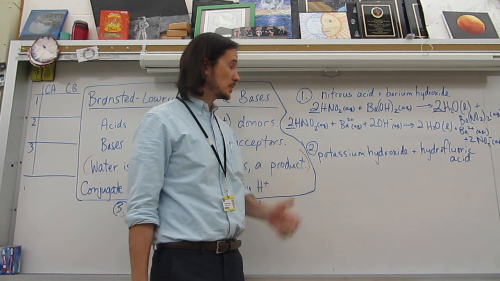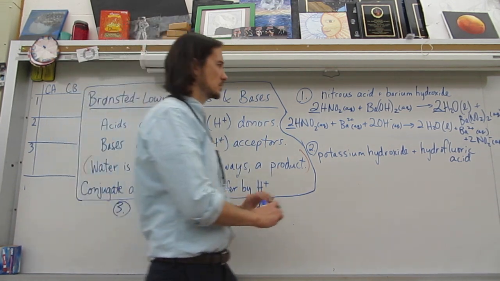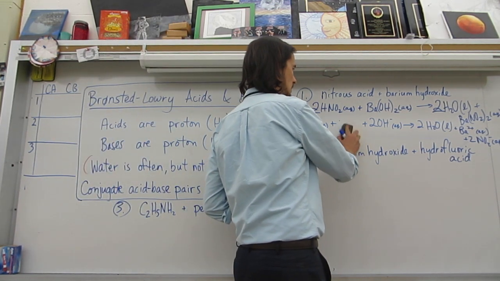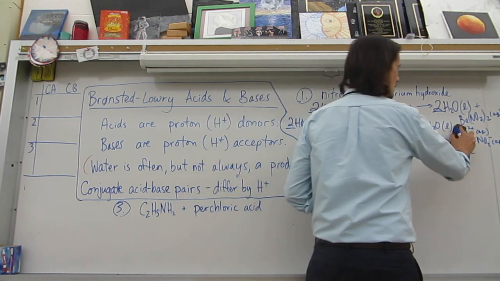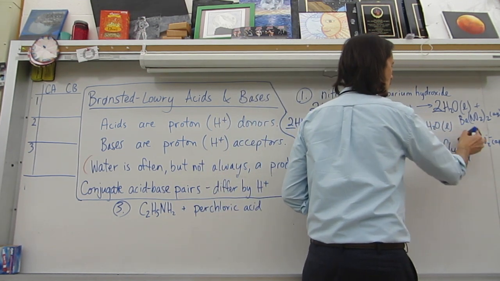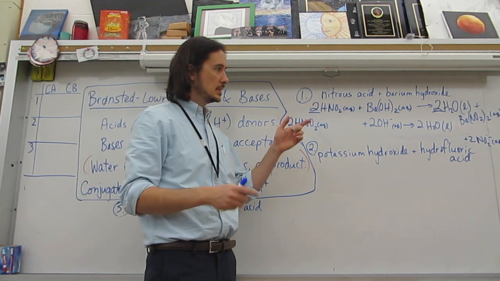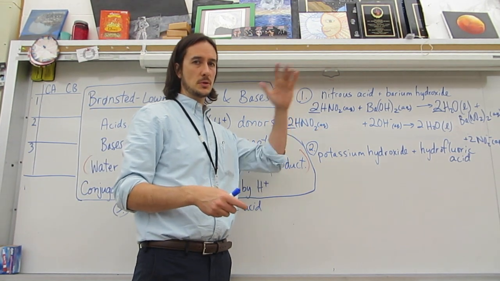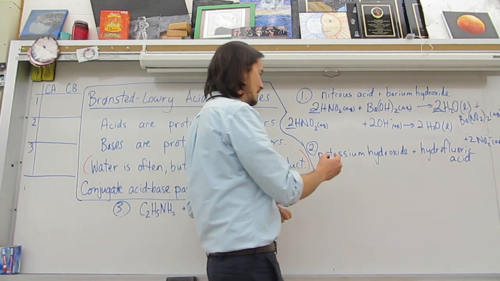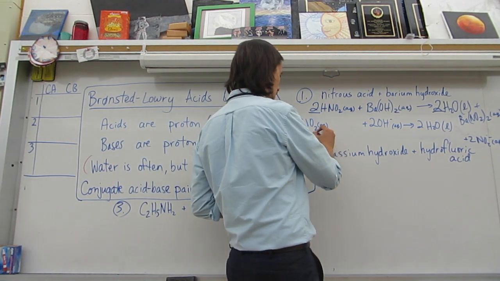So we can get rid of any spectator ions, which looks to be just barium. And if we notice that all of our coefficients are 2, since the coefficients are all 2, we're going to reduce everything to 1 for a net ionic equation of